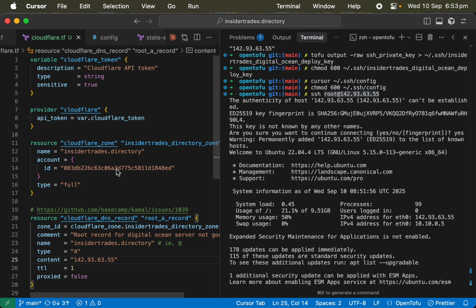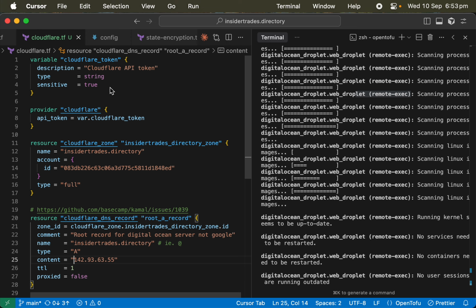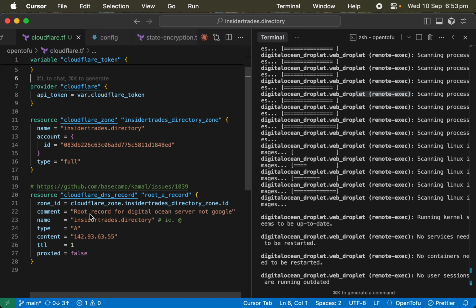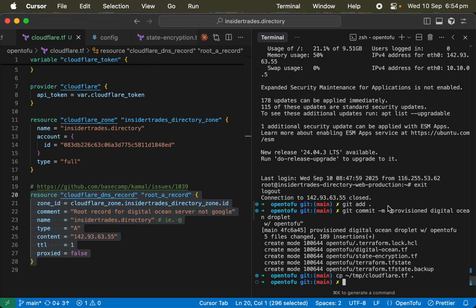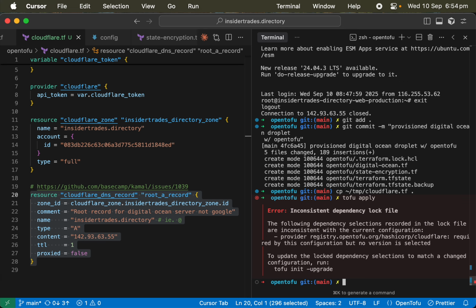Again, I've got an environment variable for this Cloudflare API token, which, by the way, had read-write privileges. And I'm going to create this record in there. So if I run tofu apply,